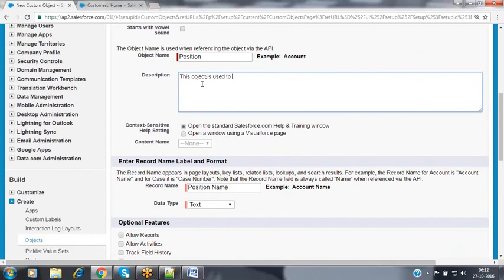This object is used to hold all the open positions available in the organization.